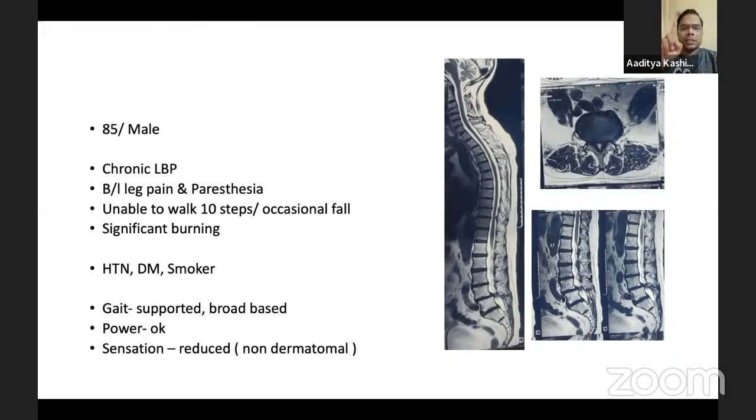So Aditya, I might ask you a more straightforward question. The same scenario, a symptomatic LCS, D12 to S1, everything is radiologically stenotic, but in which cases would you not decompress everything? So you are asking me, Harshal? Yeah. Just for the sake of the audience, I'm asking that there's a symptomatic L4-L5, but D12 to S1 is radiologically stenotic. In which cases would you refrain from doing a multi-level surgery?